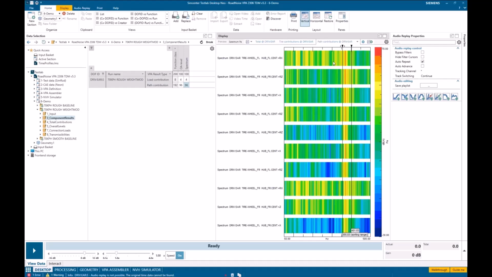But now what I can see is it's more information or another level of specificity on what about the front tires is causing this tonal issue. And I see it's the front left, the center of the wheel, and the X rotation. So rotation about that point around the X axis.